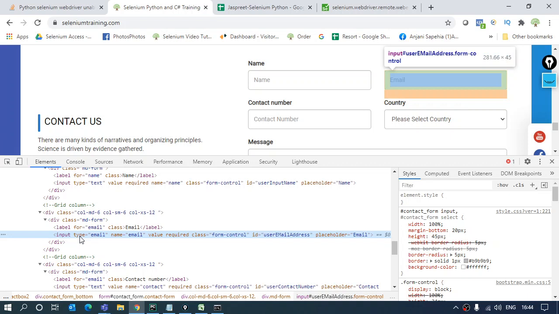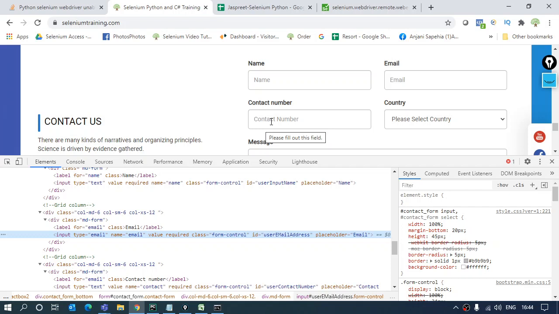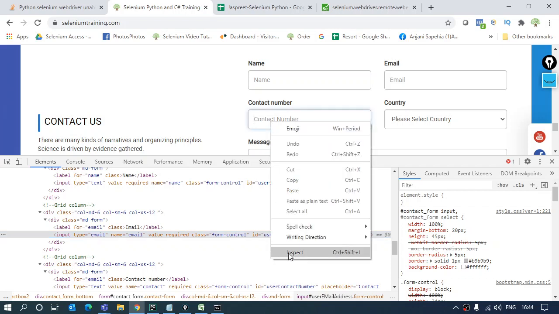The first attribute is my type again. The value has been updated to email, but it could be email, it could be text, depending upon the designer, whatever value he wants to give to the attribute. Right, but generally it is text.